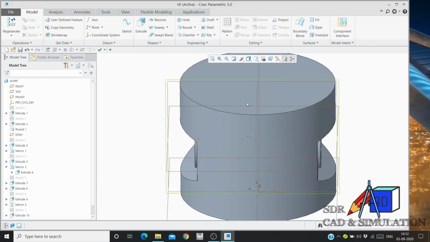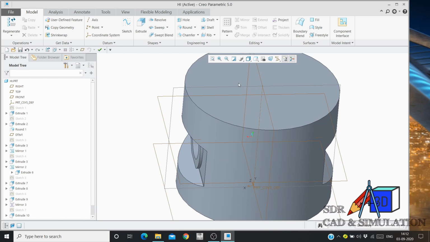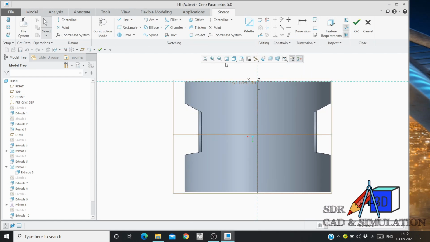Now it is time to create the piston ring grooves. Go to the front plane, sketch, go to center rectangle, create a rectangle. From the bottom to the rectangle is 48.5.